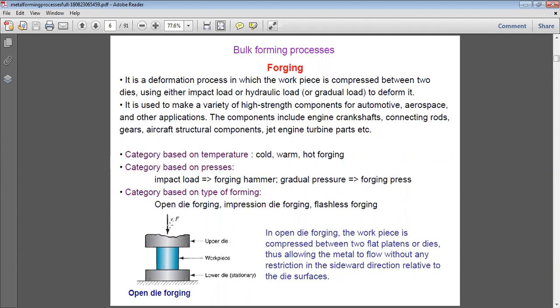So the metal is compressed in this case, and this allows the material like this workpiece to spread in the sideways direction. When the force is being directed from top and bottom, the only place left for the workpiece to flatten or expand is the sideways. So when there are forces on top and bottom, it will obviously extend to the sides. So in open die forging, it can expand to the side, but we see height will be reduced and the width will be increased. Then next is your